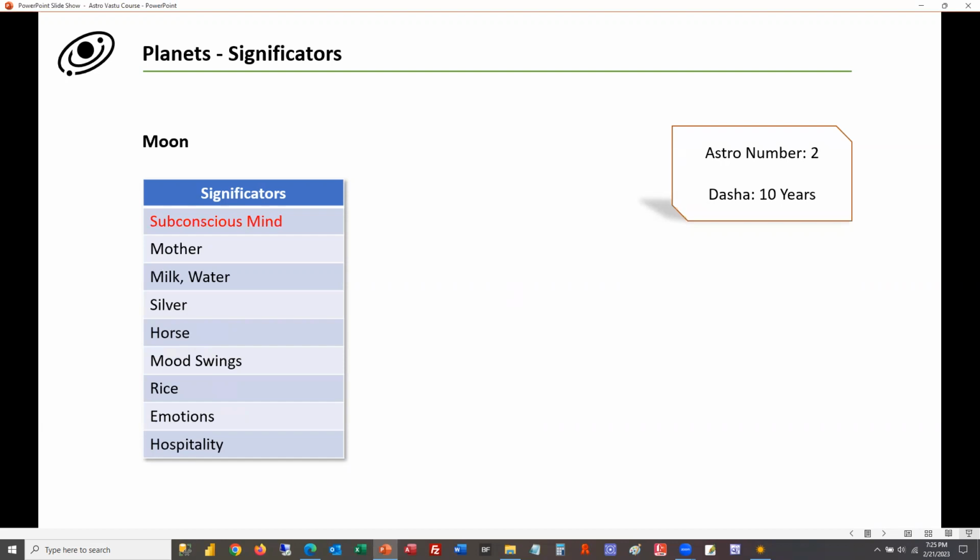The number for moon is 2 in terms of numerology. The dasha time frame is 10 years and the color for moon is white. Now, basically, when we talk about significators for moon, the first thing that comes to our mind is moon